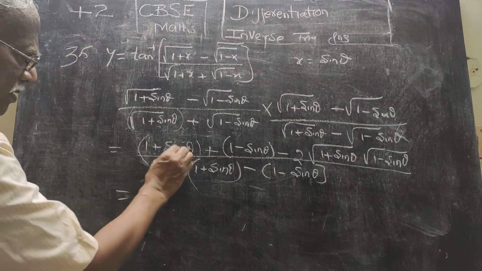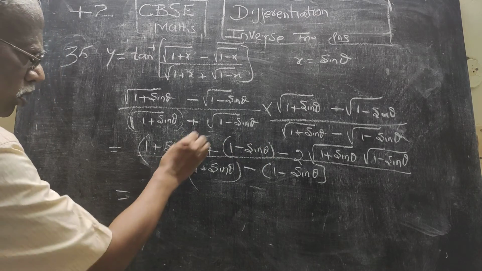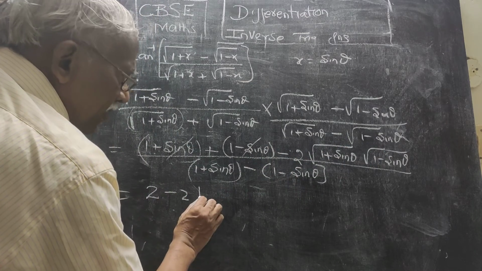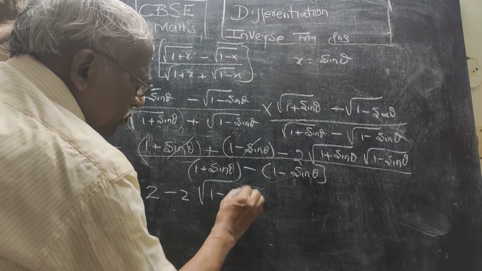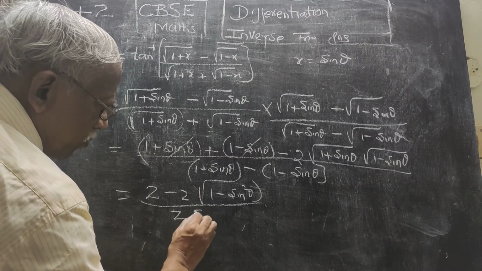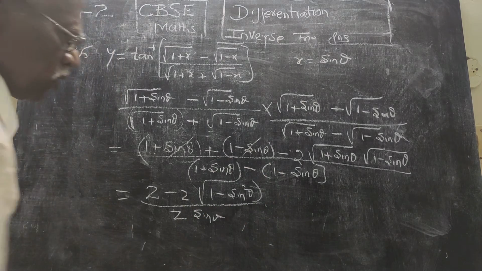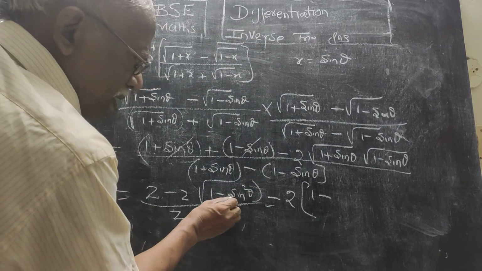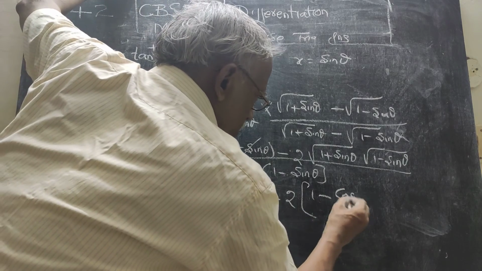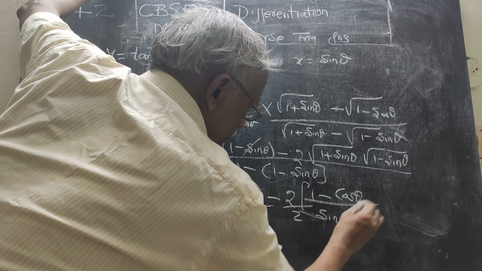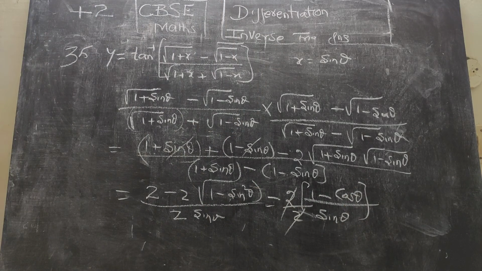Now if you are removing the bracket, sine theta gets cancelled. So 2 minus 2, 1 plus sine theta and 1 minus sine theta is 1 minus sine square theta. The denominator, minus into minus plus, so it will become 2 sine theta, and 1 gets cancelled. For the next step, you take 2 out, this will be 2 times 1 minus, this is nothing but cos square theta, root of that is cos theta. So 1 minus cos theta divided by 2 times sine theta. There it was 1 plus cos theta by sine theta, I think. Now it is 1 minus cos theta and sine theta.